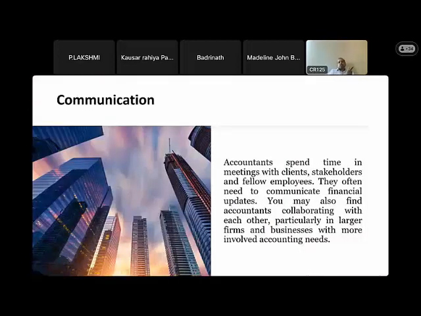Right. So accountants need to spend time in meetings with clients. Nowadays, whenever a general meeting or any kind of meeting happens, usually the management first asks the accountant to come and show some data, because the organization's major data is available with the accountant, whether it is related to expenditures, income, and particularly the more frequently used data, which is in the form of a budget. So most of the organizations, the top management usually ask you for a budget, right? These are the whole things the accountant needs to